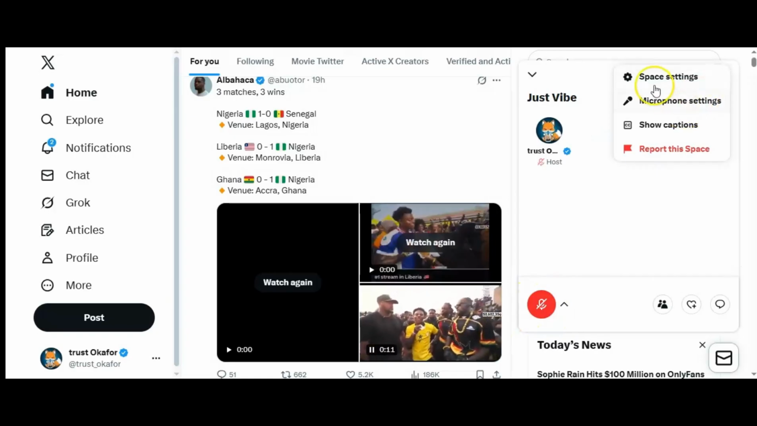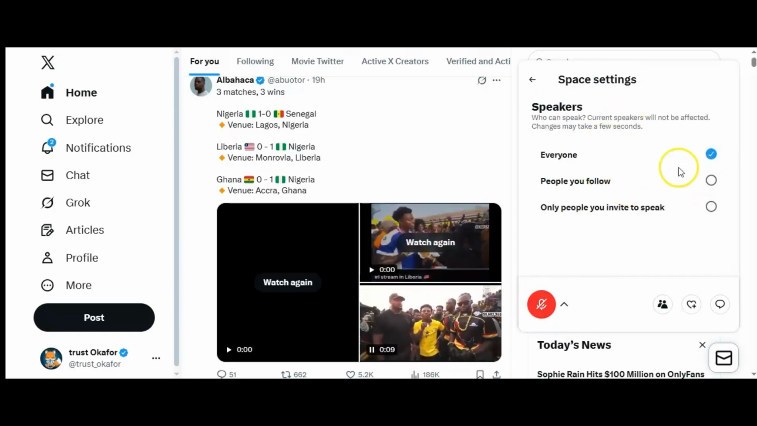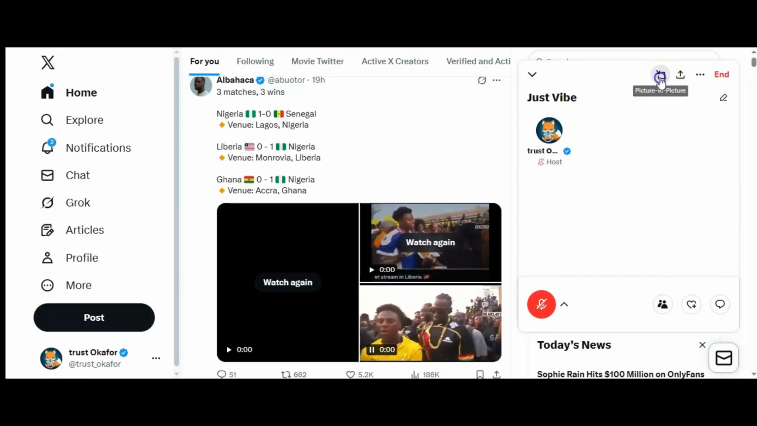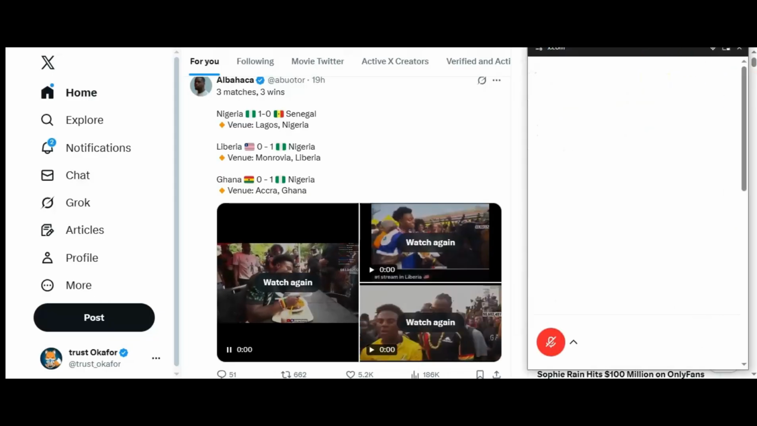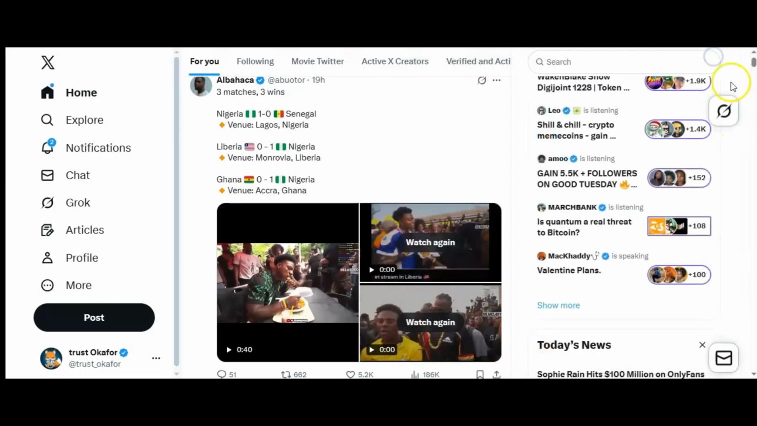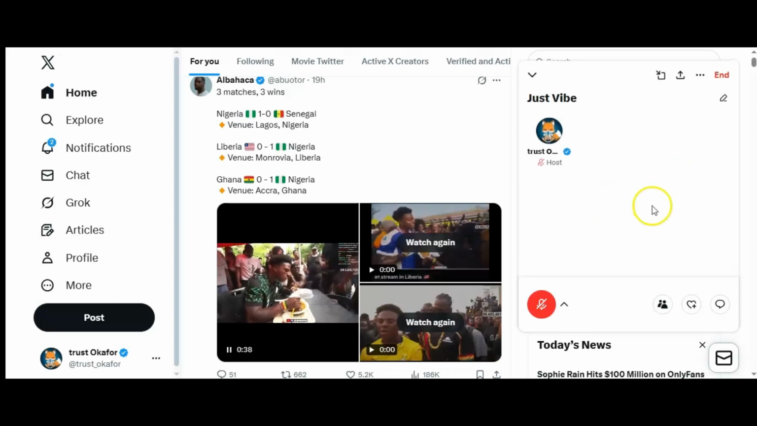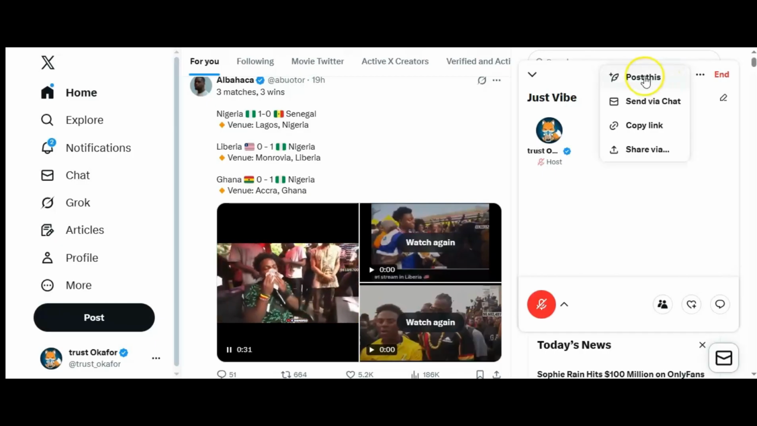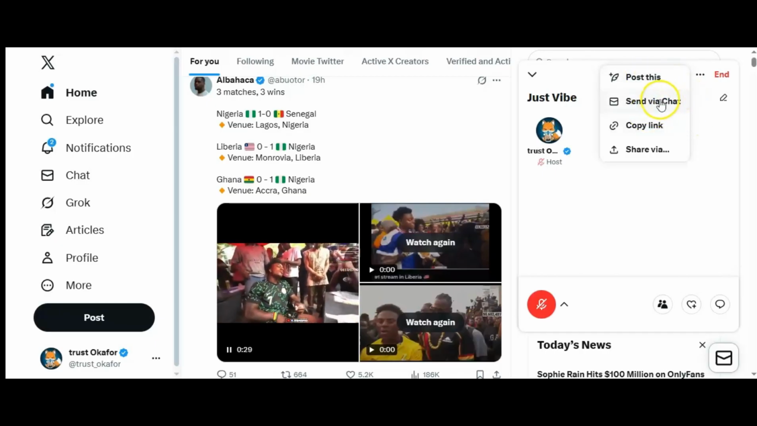And you can click on this and click on space settings to, say, allow only followers or only people that are invited. So there are so many things you can do on the space. And you can also expand this, which is make it bigger. It is no longer going to be docked or popped up in the sidebar. And also you can still share your space on your homepage for your friends to see it, or you can send this to chat, or you can just copy the link and give it to somebody to help